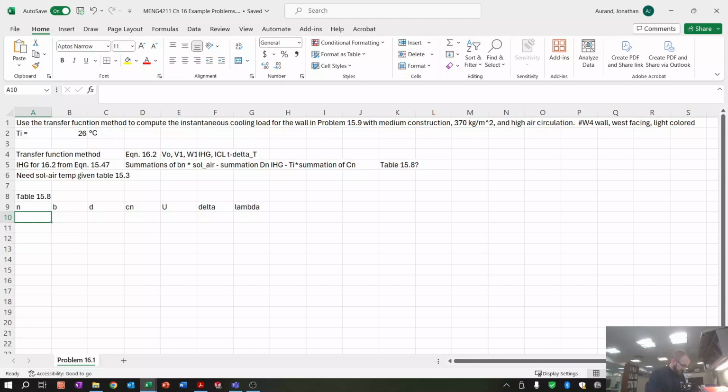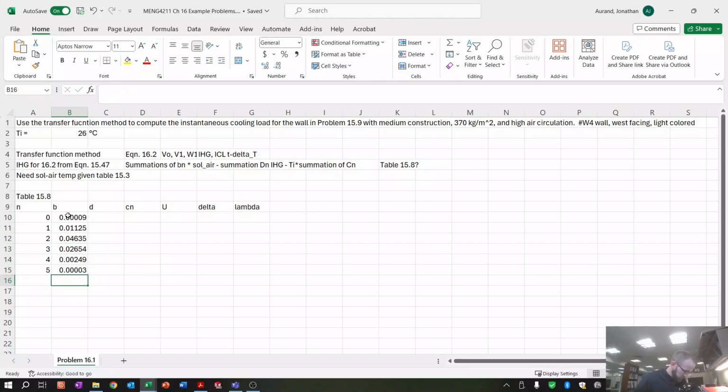So if I go back through table 15.8, flipping over in my book here. So 15.8, what do we have for these guys? There we are. So this is wall construction for W4. It's the fourth one down. So N, we're going to go from 0 to 5. 0, 1, 2, 3, 4, 5. So B, we have 0.00009, then we have 0.01125, 0.04635, 0.02654, 0.00249 and